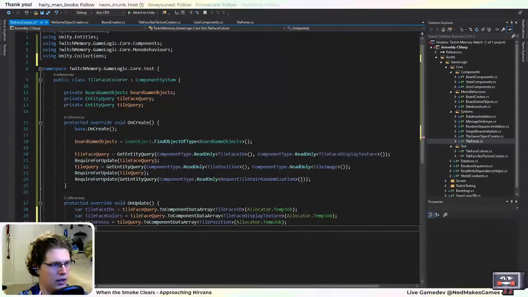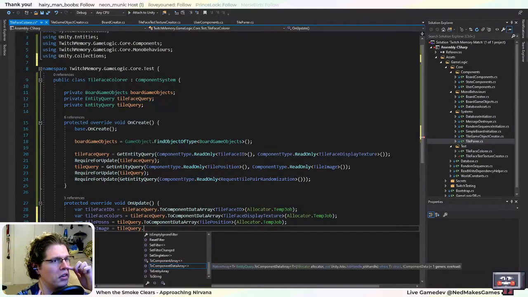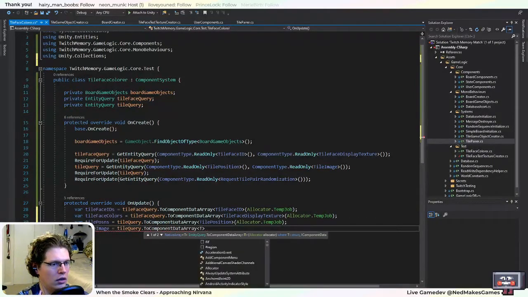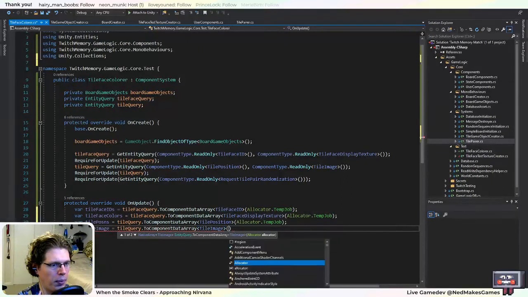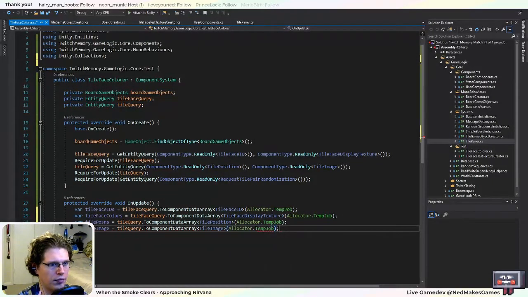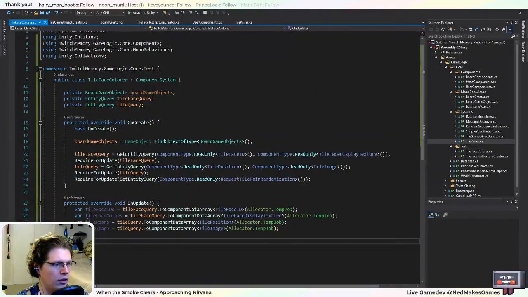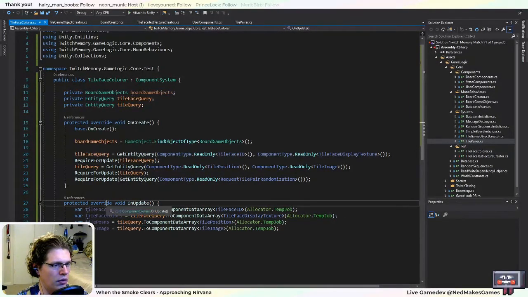And the tile image. Maybe I should rename this to... I've noticed I'm kind of interchanging the term tile face and tile image. Okay, so now what we need to do is for each tile, we need to look through every tile face